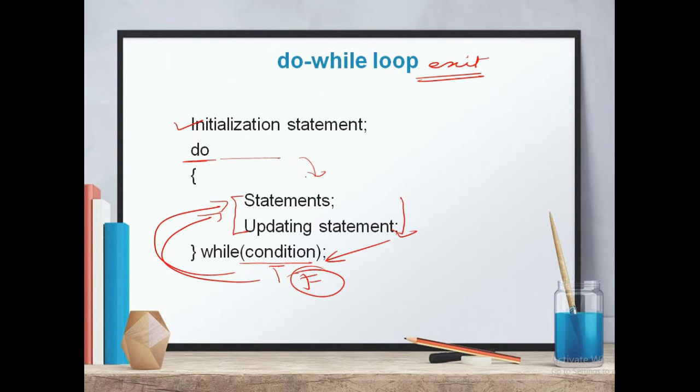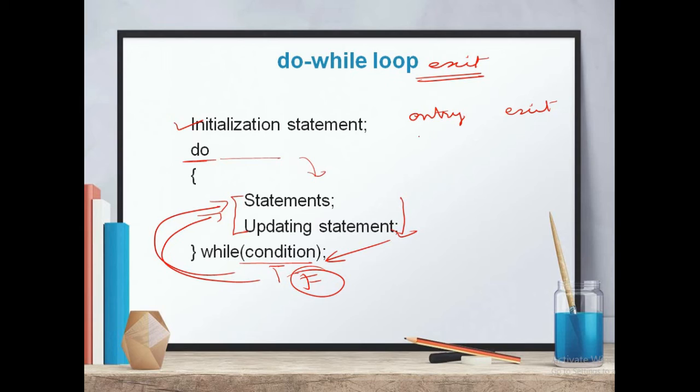Alright, so basically what is the difference? We are entering inside the loop without checking any condition. So even if the condition is false the first time, we are going to execute this statement. Here you can understand the difference between entry control loop and exit control loop. In an entry control loop, we check the condition while we are entering the loop, while in an exit control loop, we check the condition while we are exiting from the loop.